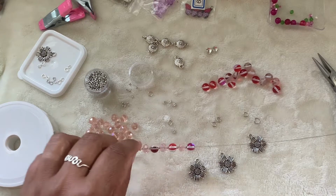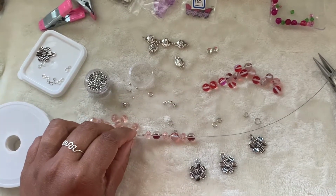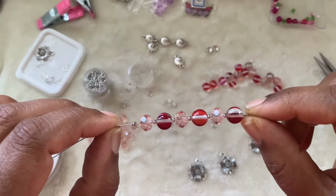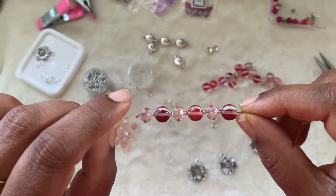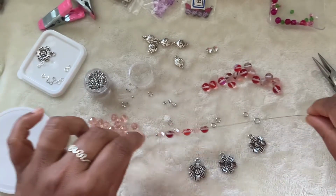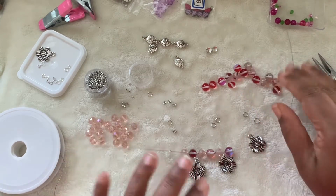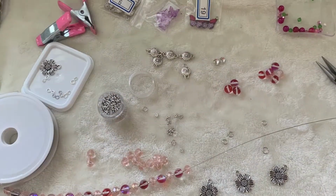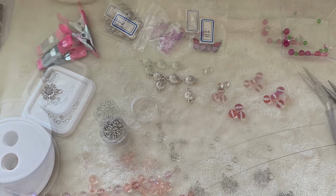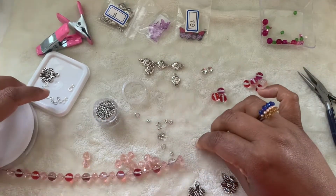But this is the pattern that I'm going to string: one metallic bead and then one roundel, crystal roundel, and this bead. So this is my pattern. I'm going to string half of the beads that I have here, and then I'll come back. So I have strung half of my beads,